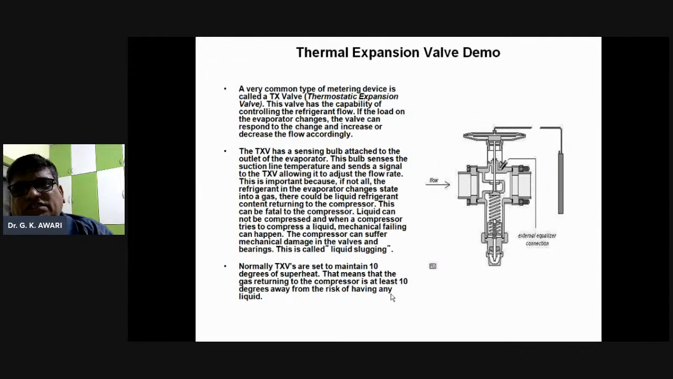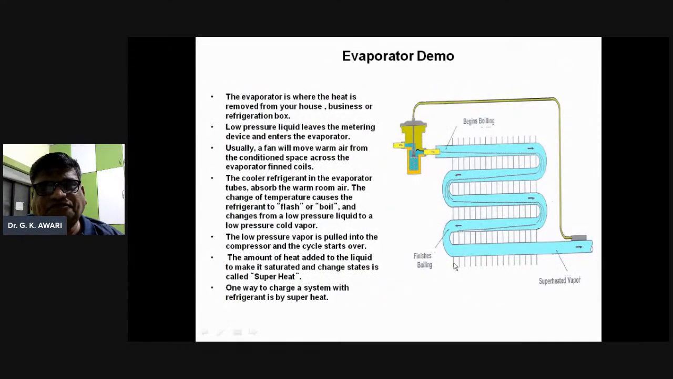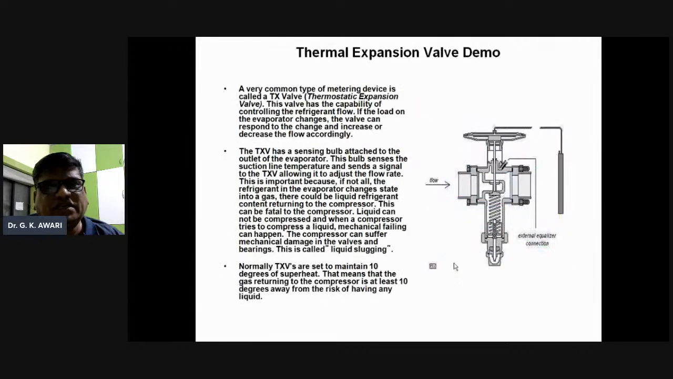If you look at the demo of the thermal expansion valve, a very common type of metering device, that is the TX valve or thermostatic expansion valve. This valve has the capability of controlling the refrigerant flow. If the load on the evaporator changes, the valve can respond to the change and increase or decrease the flow accordingly. This kind of valve also has a sensing bulb attached to the outlet of the